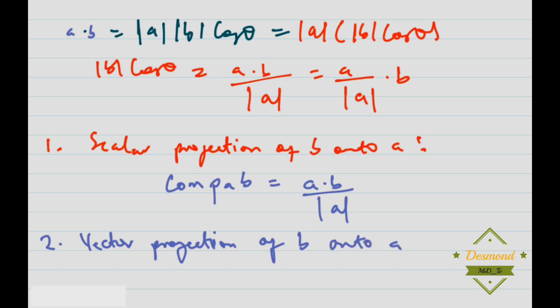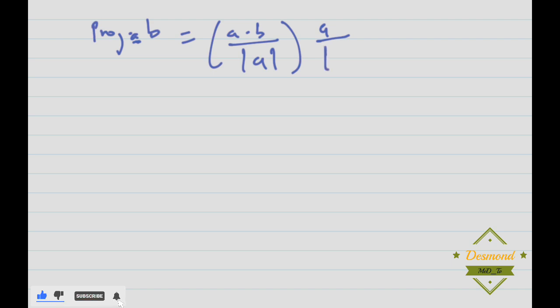So the first one, we have scalar projection of B onto A, and this one is vector projection of B onto A. So with this one, we should have something like the projection of B onto A should be equal to the dot product of A and B on the modulus of A, then you multiply it with A on modulus of A, and when you do this, you should get A dot B on the modulus of A squared